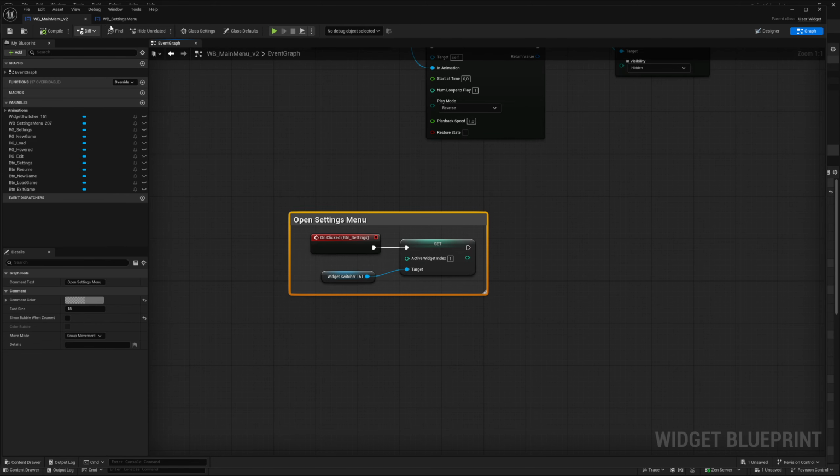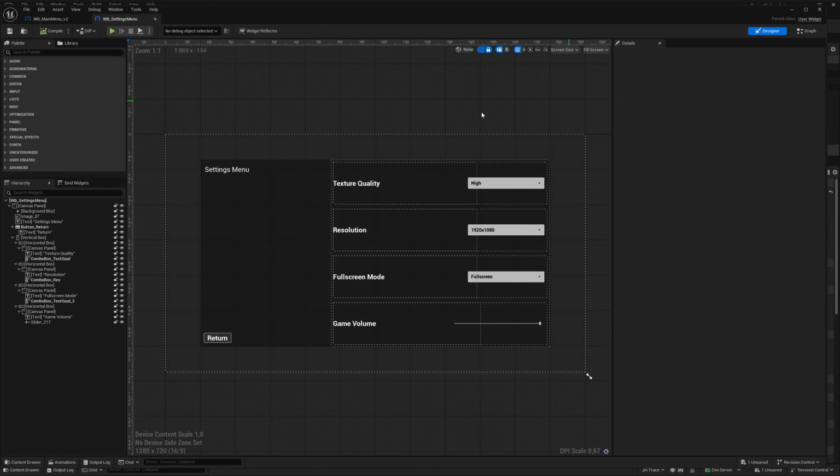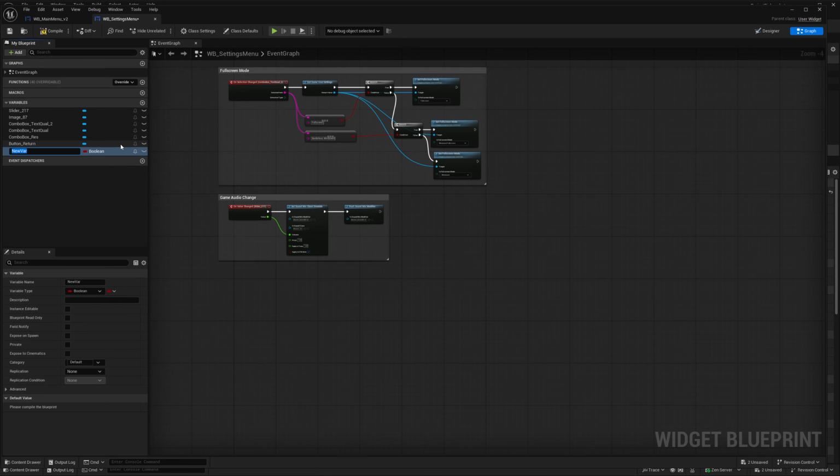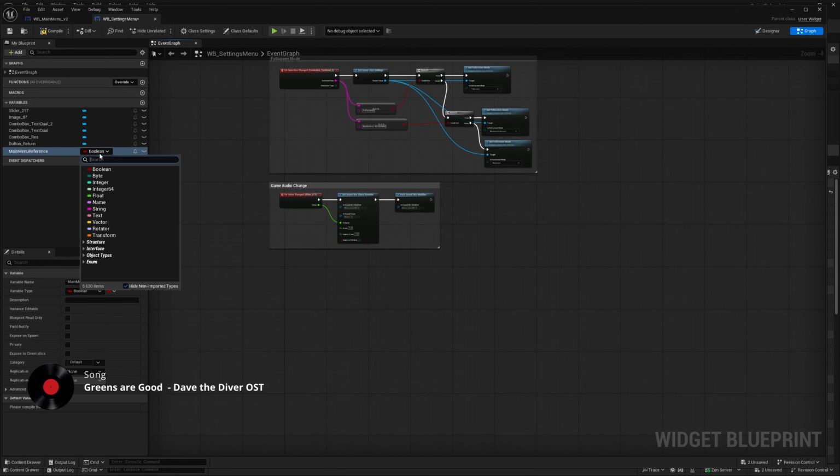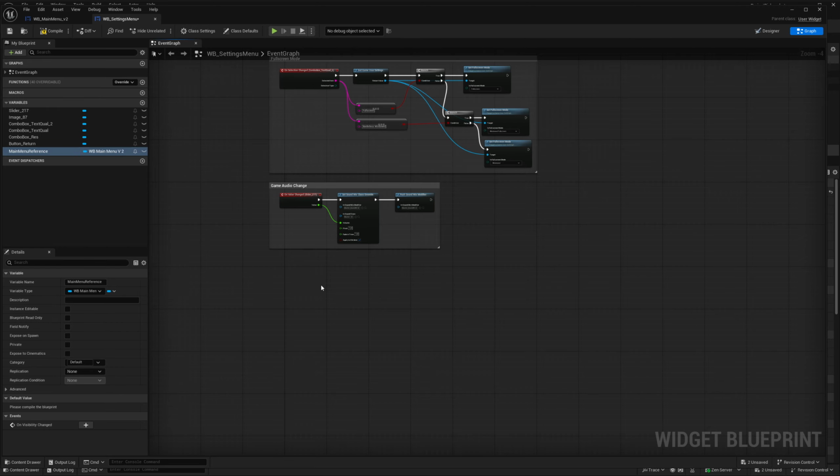And now we need to do the same thing on the settings menu. So go over to settings, and we actually need to create a new variable. So go over to the graph, create a new variable, and I'll call this main menu reference, right? And this is going to be type of WB main menu version 2. Great. And now we're going to come over to our button return, and we're going to make sure this is